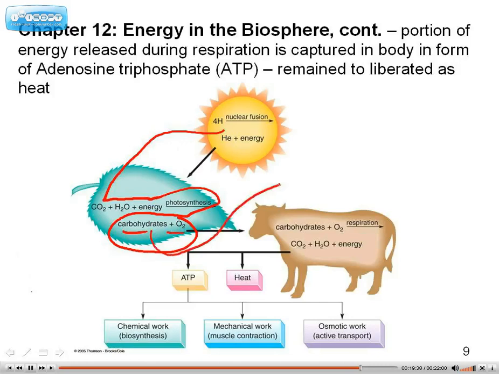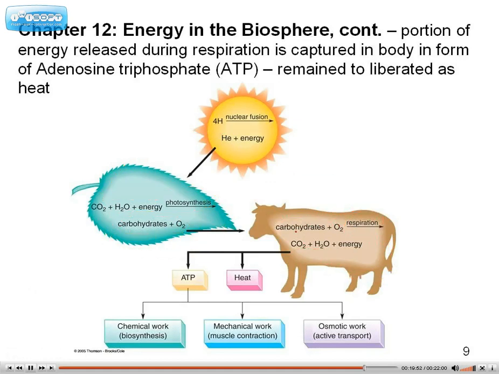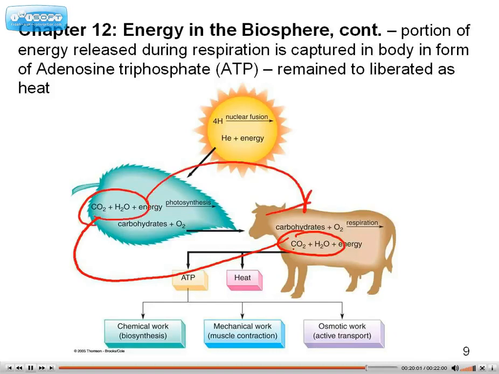We then take in the food by eating it, and through the chemical process of respiration, we'll explain that later, we produce energy along with byproducts of carbon dioxide. Consequently, the carbon dioxide and water is recycled for the plants, and that's one circle of life.